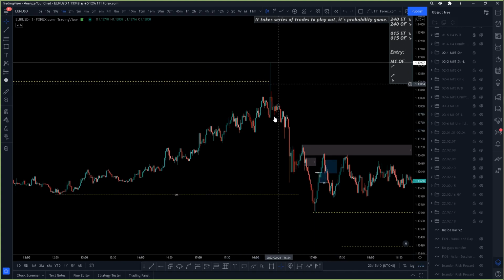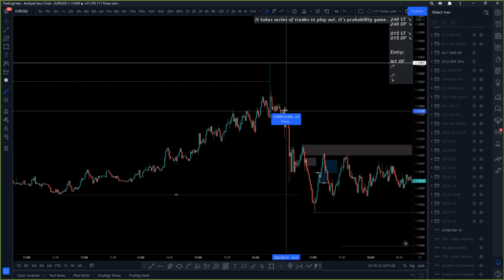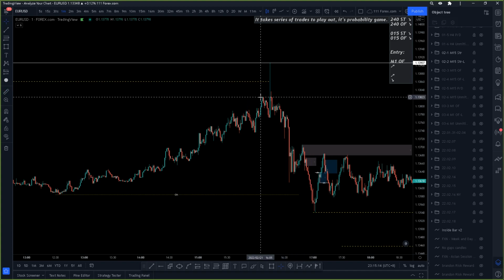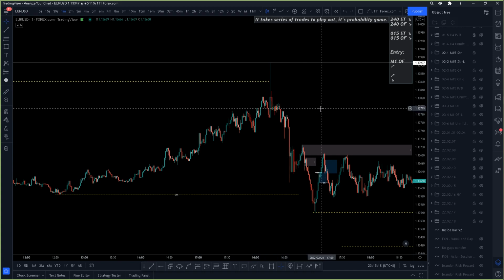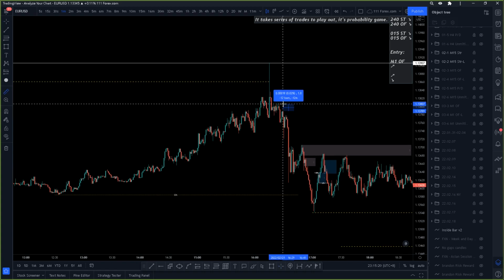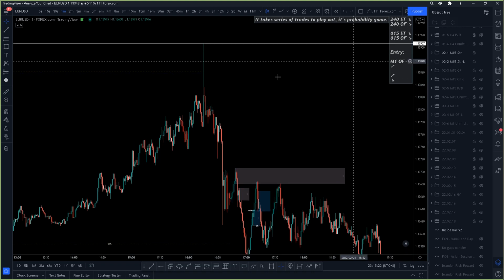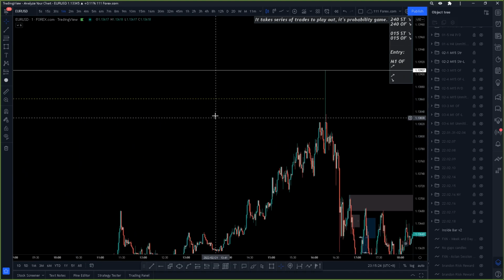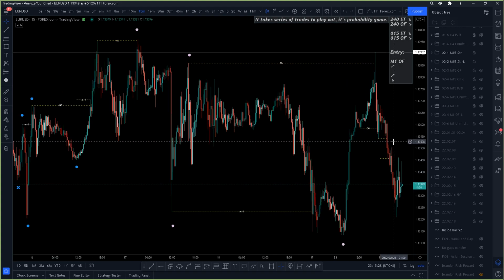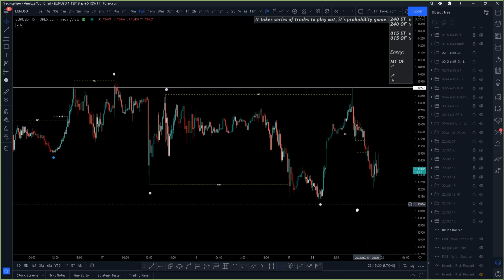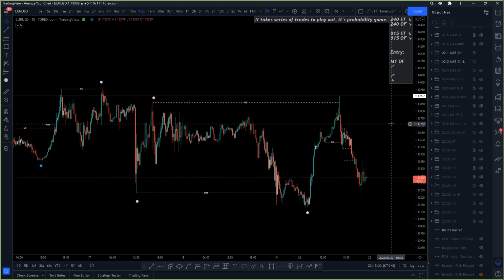Liquidation, mitigation, chalk, flip, entry. If I want to risk, with my overall structurally, like bearish